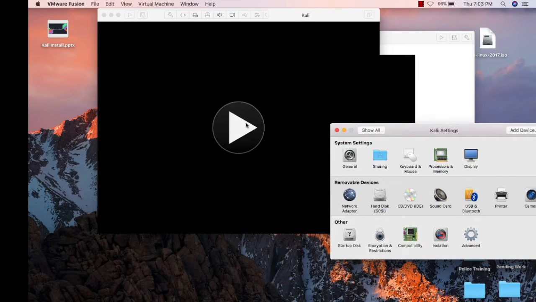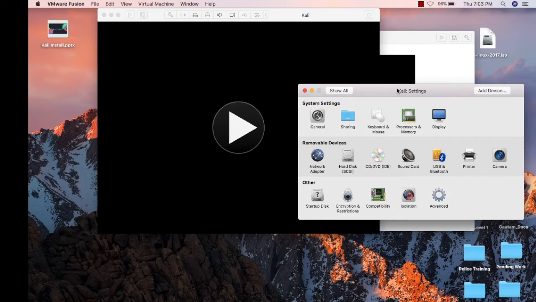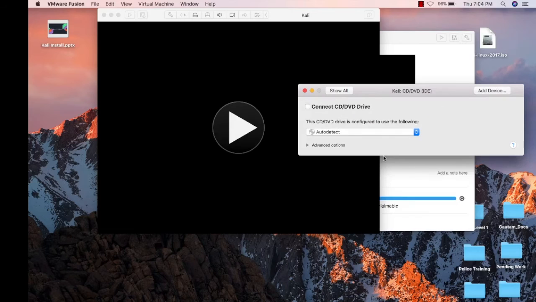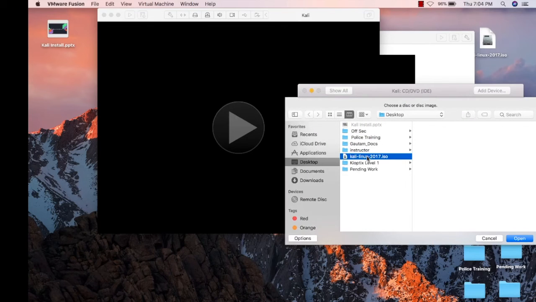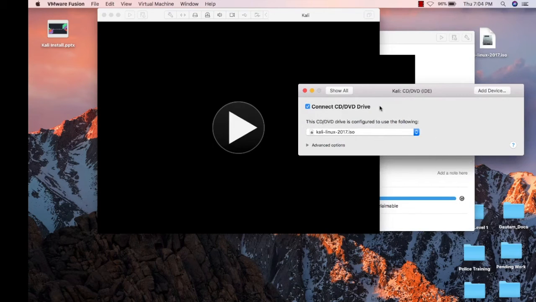Don't click here. First of all, if you are using any type of computer system, how do you do installation? You have to insert a pen drive containing your ISO image or your Windows. So in this, go to CD, click on connect and choose your disk image. You can see I already downloaded it on my desktop, so I am selecting it from the desktop. Click open, again click on show all,